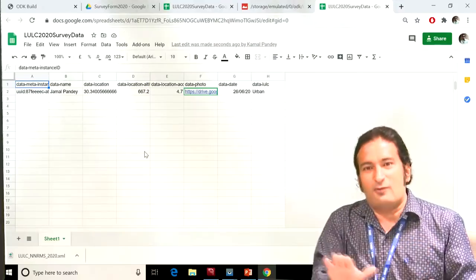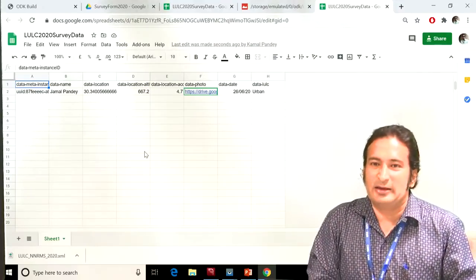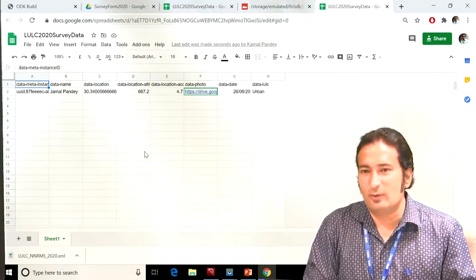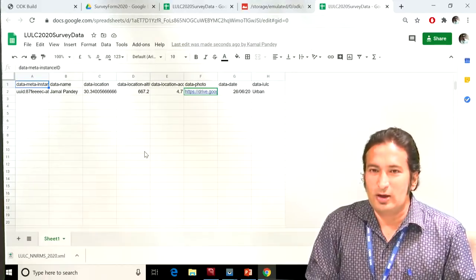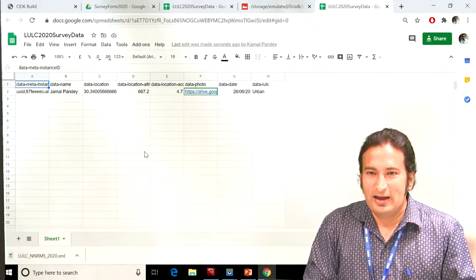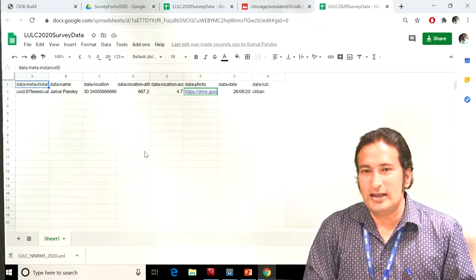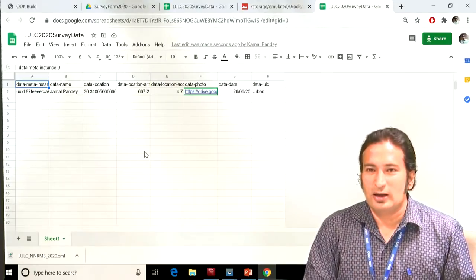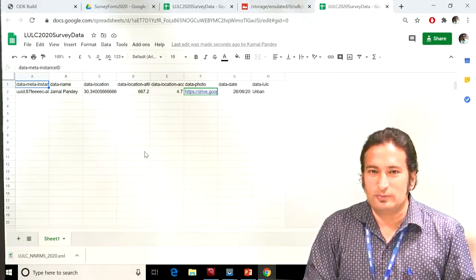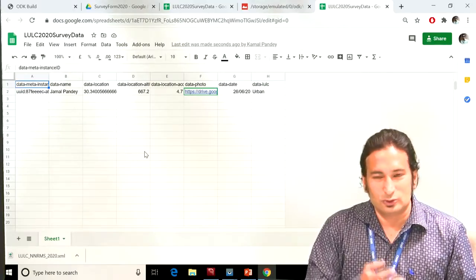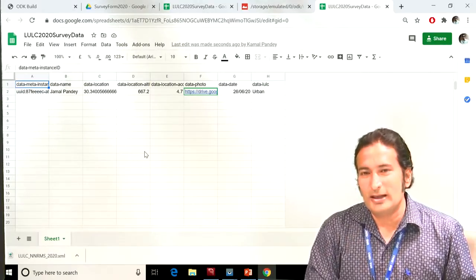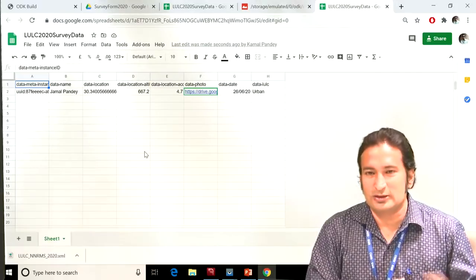So this is the complete workflow of a mobile GIS application which I have just demonstrated. Now I hope you will also try to do it the same way and have one small mobile GIS application in your phone. And I want you to do some sort of mobile GIS workflow implementation using this kind of apps.